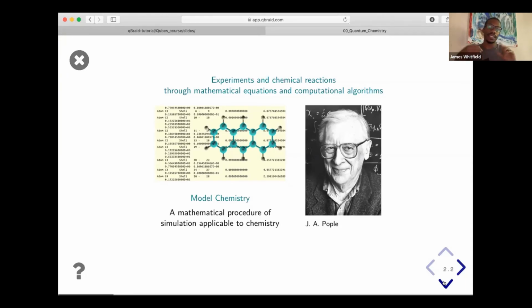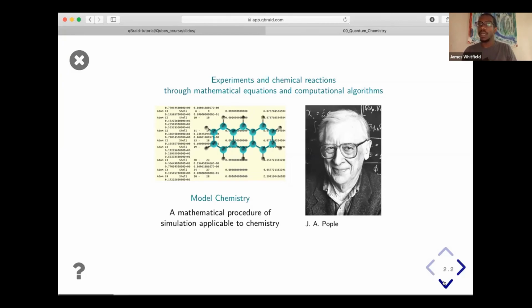So the idea is that instead of actually going to the lab, instead of getting your hands wet, instead of setting up a whole chemical reaction and going through everything to figure out what the products are, what the reactants are, and going back to characterize everything bit by bit, or getting some characterization from some other program, from spectroscopy or from MRI or these different techniques that people use. Instead of doing all that, John Pople, who won the Nobel Prize in 1998 for chemistry, along with